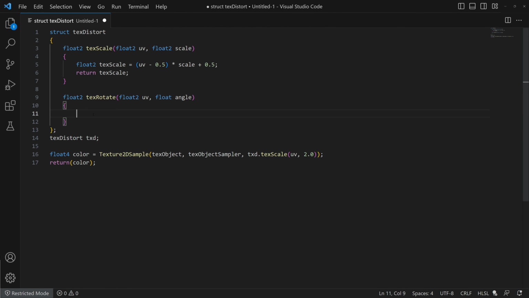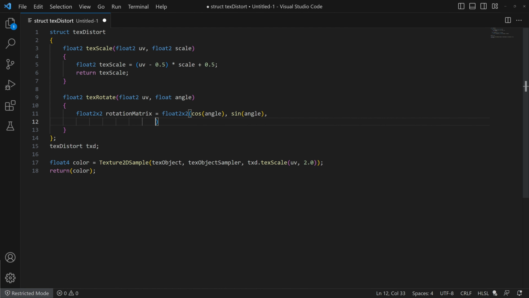So to rotate our texture, we're going to have to create a 2x2 matrix. So we'll do float2x2 and we'll call it maybe something like rotation matrix. And what this will do is create pretty much 2 rows, 2 columns. It'll create a matrix of pretty much 4 values is what it's going to be doing. So by doing this, we'll be able to define how it should transform the coordinates to perform a rotation. So we're going to do float2x2, and to do a rotation, we're going to do cosine angle and then sine angle,